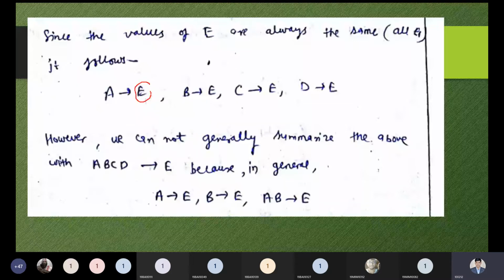So definitely E can depend on A, and E can also depend on B, C can also depend on C, and D can also depend on D, because all the values of the E attribute are not unique, there is duplicacy, it is the same. Suppose I am taking any tuple of D and E. So of course, just like this one.